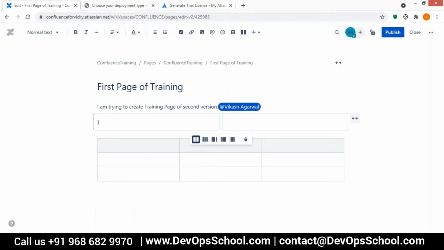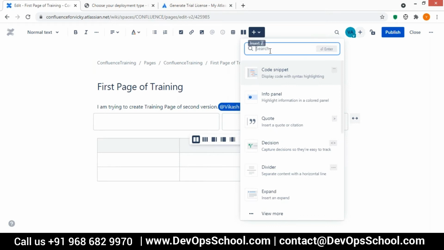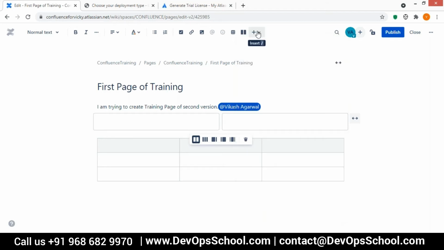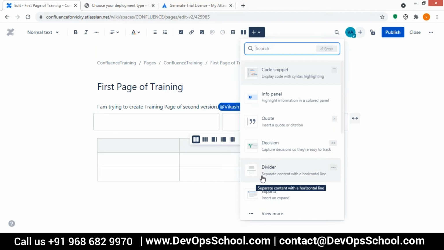So if I click on this, you will see the macro when you are using the default local installation. But if you are using cloud, you have to use the slash. Or you can just go inside from here and search for whatever macro you want to use. The inline option is the slash, and if you want to go inside from here, you can click on this and use the different macros. Let me explain a few of the macros.